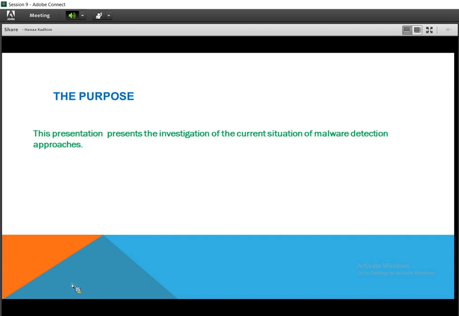Explain new technology trends for malware, the implementation and the new approaches to detecting malware. Investigate the probability of detecting malware. Present a summary of the current study on malware detection. Explain important approaches and methods for malware detection. Discuss current challenges and propose a new taxonomy for malware detection approaches.